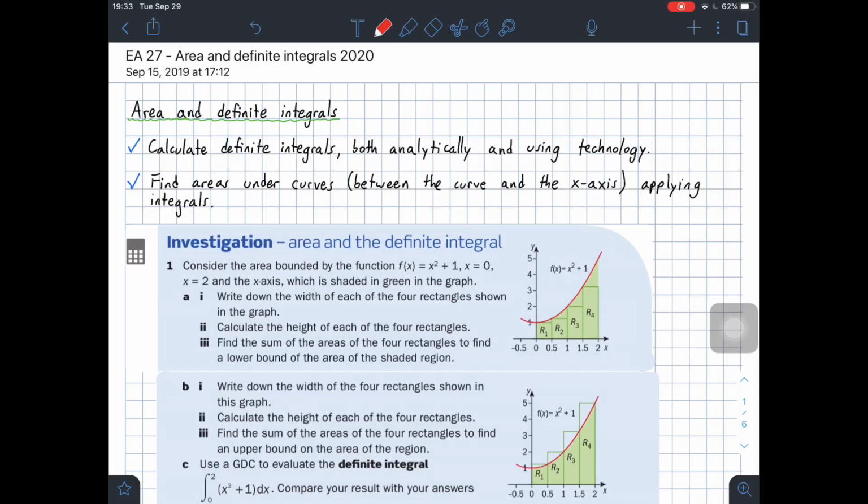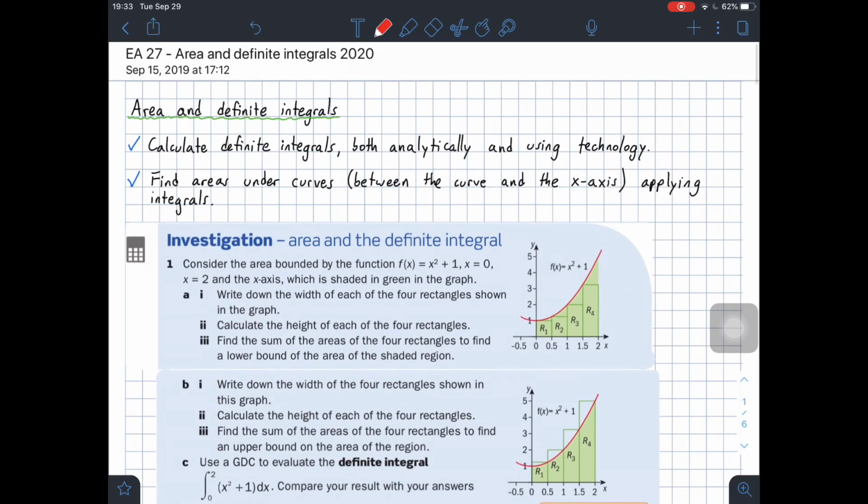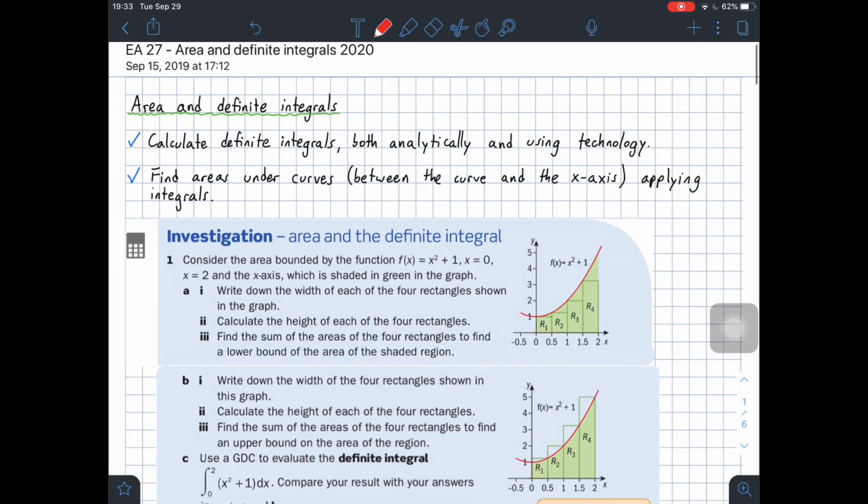Hello seniors, today we're going to see electronic assignment 27, which is about area and definite integrals. We're going to see how we can find the actual value of an integral and what that means. We're going to see the first real application of integrals, which is, as the name says here, finding the area